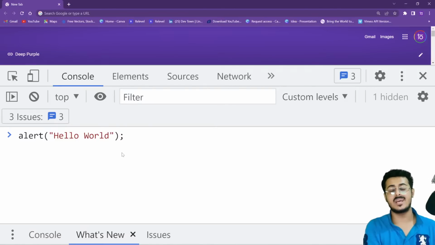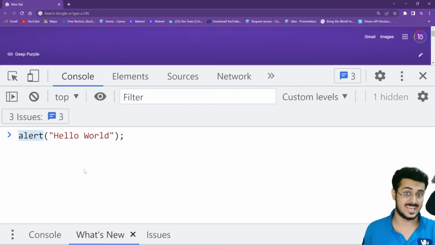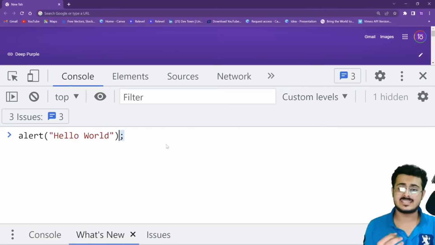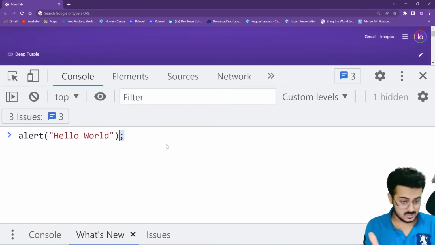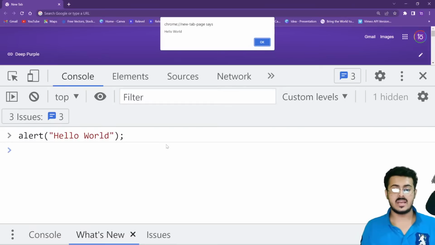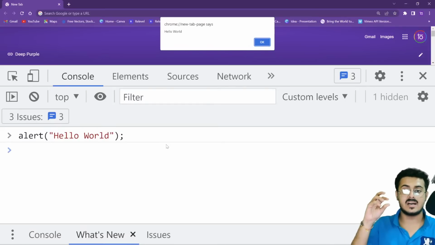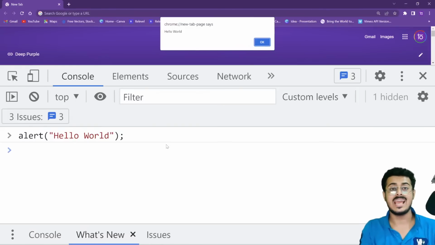So basically what JavaScript is trying to do right over here is, alert basically means to say, I want to say this. What do you want to say? That will be put inside the parenthesis as hello world. And then just like in English you end a sentence with a full stop, in programming you end the entire line of the program, saying this is the line that I want to execute, with a semicolon at the end. As soon as I press enter after writing this line of code, you are able to see that I'm getting an alert, a warning, a pop-up message on my screen saying hello world.